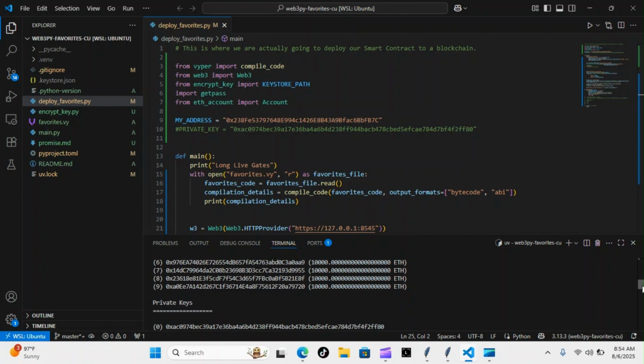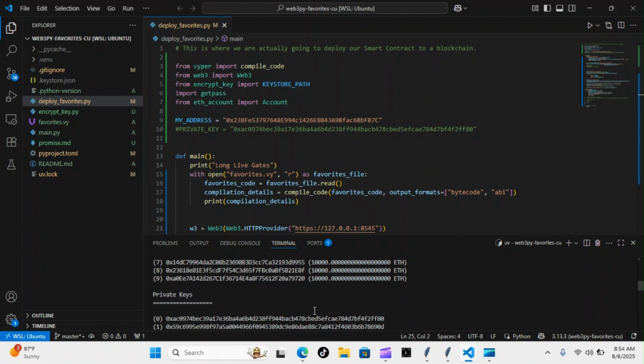We'll scroll down a little bit further and you can see where we get our private keys. You can see here, this is our private keys. I think this is the same exact one as this, so we might get the same addresses. I just used this address from a different location. I'm not sure where I got this address from, but it's not provided. This isn't from one of the anvils. Maybe I just used a different one. But this private key is exactly the same as this one here, but we have it